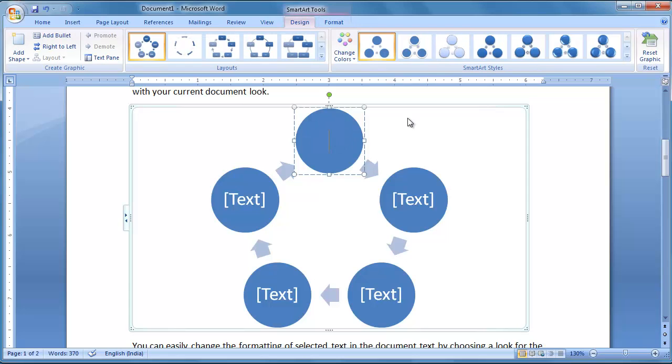Okay. Now prepare some text. I'm clicking with the mouse here and I'm typing the text. If you want to add another shape, we are having 5 shapes.